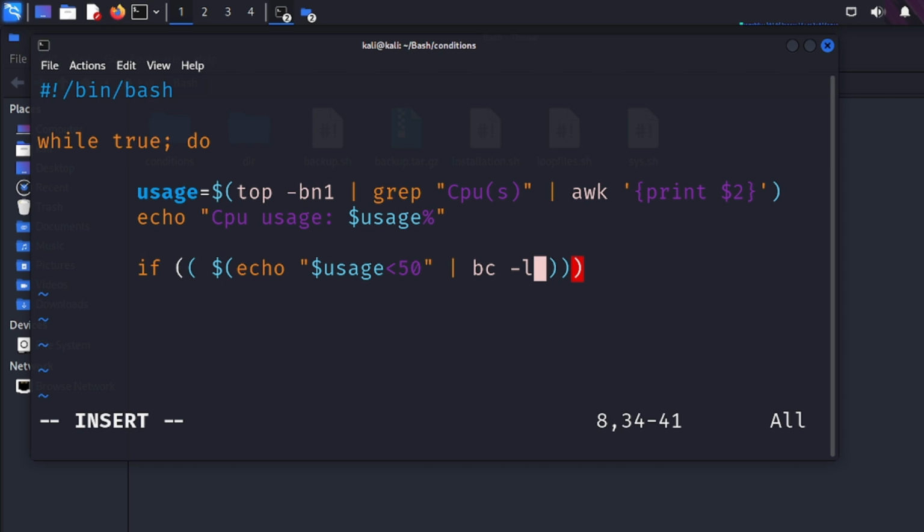The command bc stands for basic calculator. It's a command line utility to perform arithmetic operations and evaluate mathematical expressions. Here we use this from the math library. The -l option, which is part of bc, would load this library, and it would allow us to increase the precision of the calculation. So here we would get a much more accurate result. Let's try to execute this, and let's say then if this condition is valid,